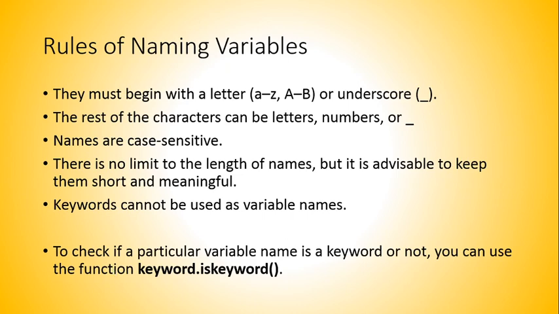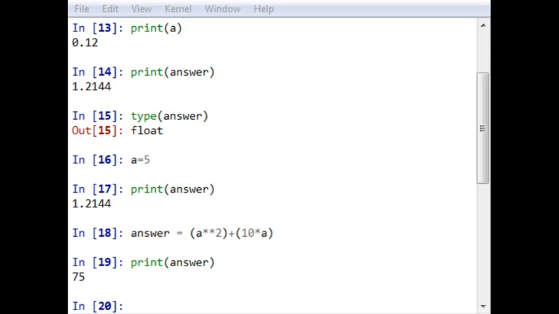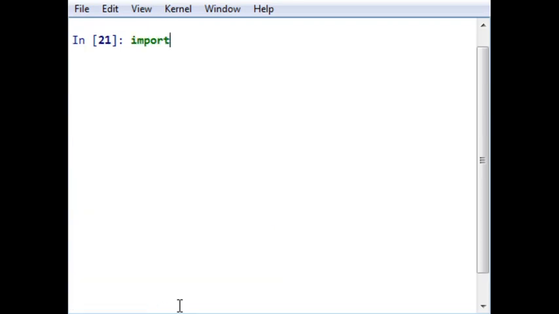So let us check this in our console. First of all, clearing the window. Now I am going to import keyword. It is necessary because Python provides this in the file named keyword.py, which is available in its origin folder.